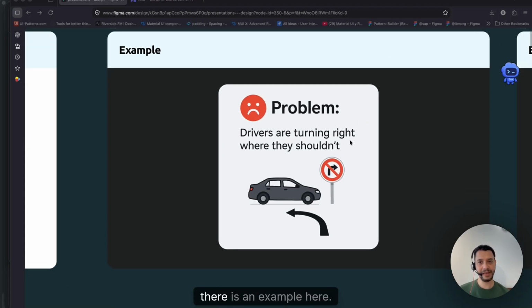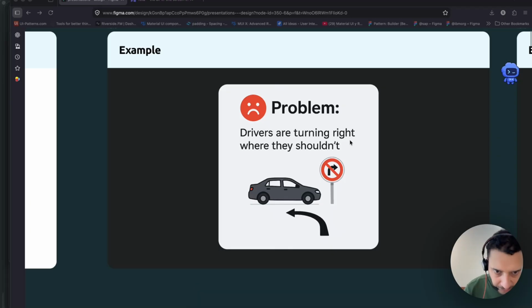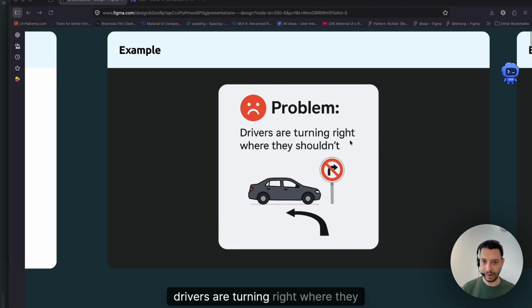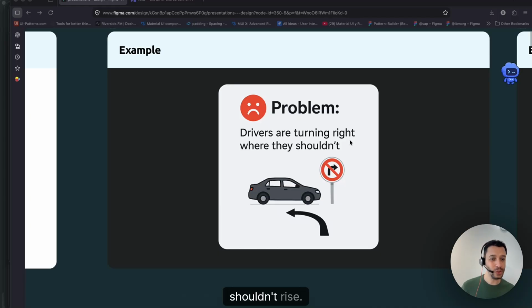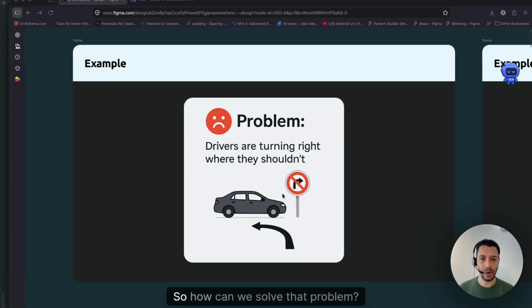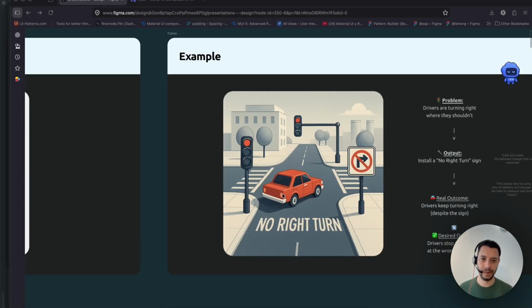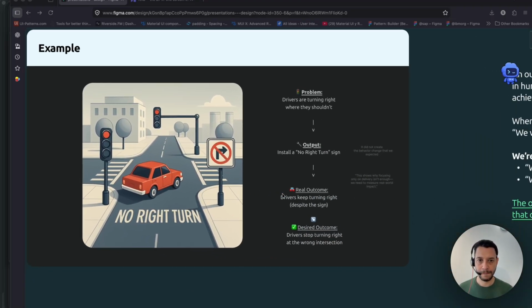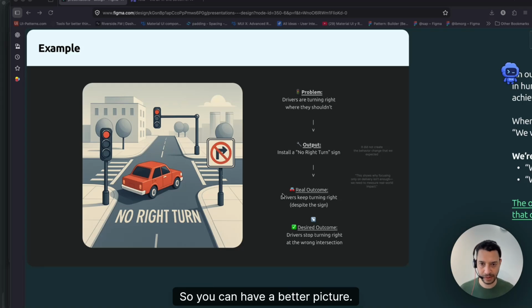And if you go here, there is an example. So there is a problem. Drivers are turning right where they shouldn't, right? Well, that's a problem. So how can we solve that problem? This is the entire flow, so you can have a better picture.